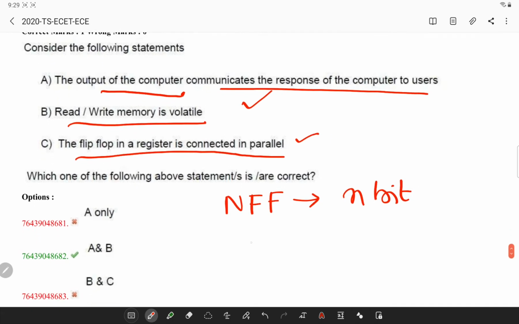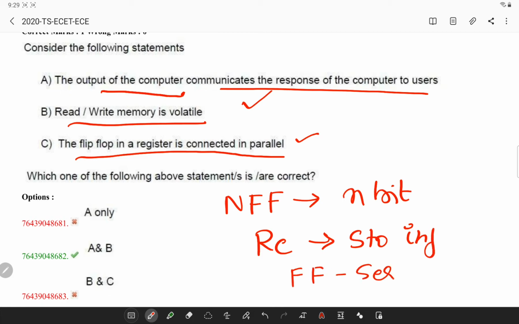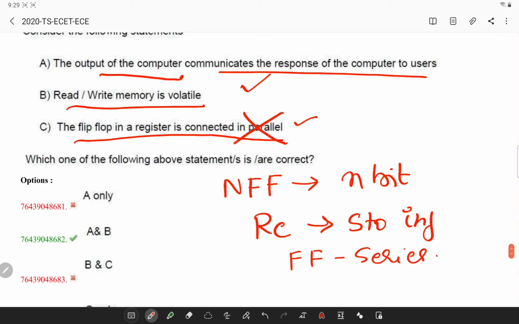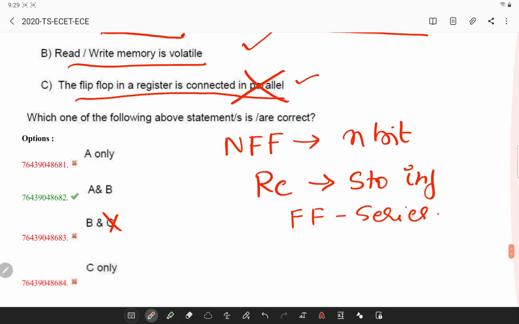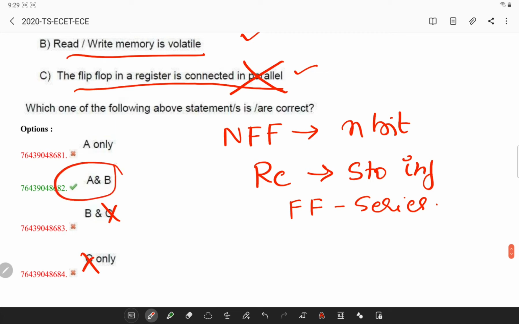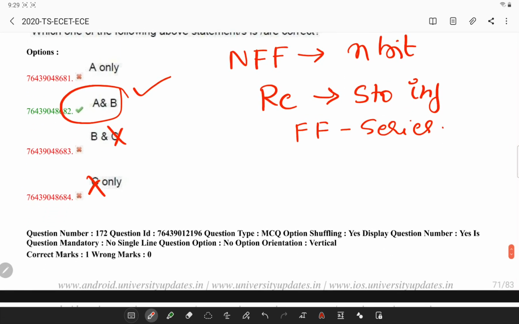Now what is a register? A register is a device which is used to store information. Generally, flip-flops are connected in series to store your data. So this statement is wrong. If you go by elimination, only this is your correct answer. Next,